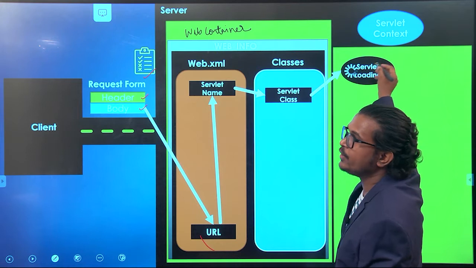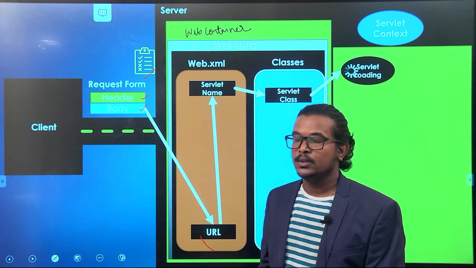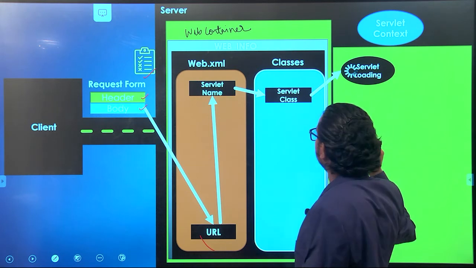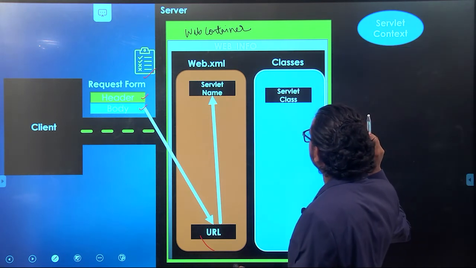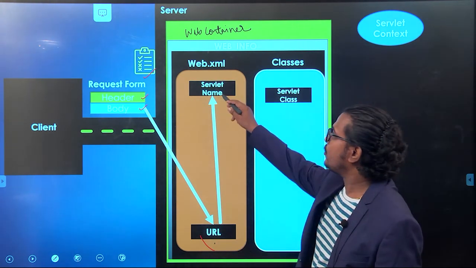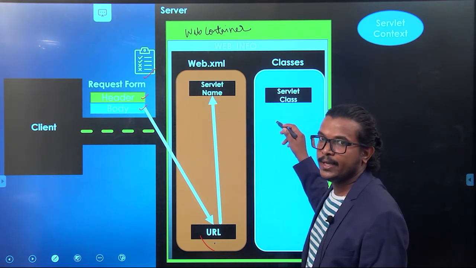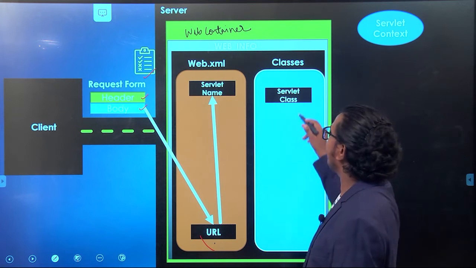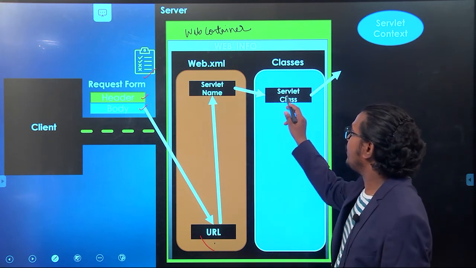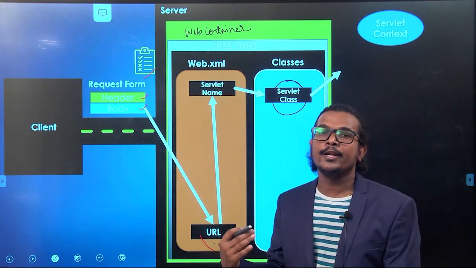First, not object, first it will load one servlet. So once your URL pattern mapping is done, here we are going to the servlet. We are mapping that servlet to the servlet class file. Those servlet classes are available in our class folder. Once the mapping is done, now we are taking this particular .class file, this bytecode, and loading it into the memory.